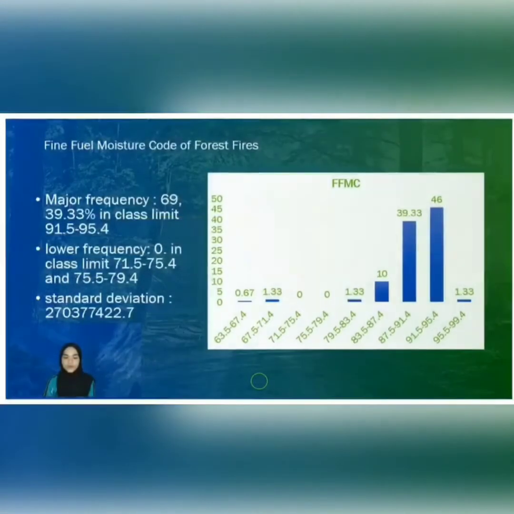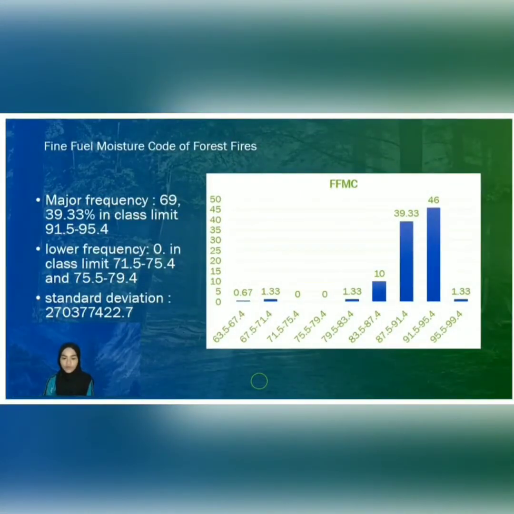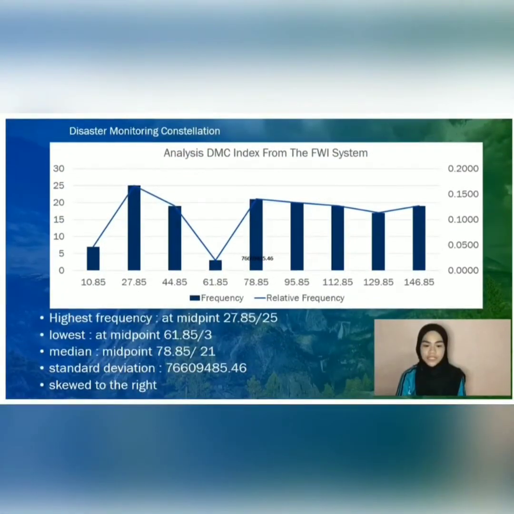6.67%. For the fine fuel moisture code of forest fires, the major frequency is 69, which is 39.33% in the class limit 91.5 until 95.4. And the lowest frequency is 0 in class limit 71.5 until 75.4 and 75.5 until 79.4. The standard deviation for this FFMC is 270377422.7. As for the duff moisture code, the highest frequency at the midpoint